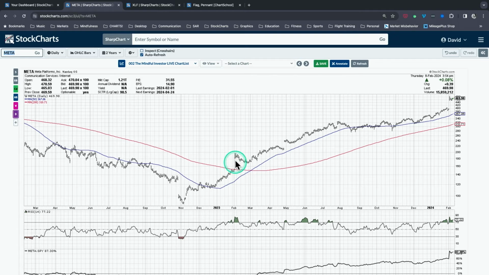I think you're referring to this point right here. We had the gap higher in February, so it's the same reporting month as we saw here. We gapped higher, things seemed really good, but then we drew down. Now this little move doesn't look like much, but remember, this has been a big gainer over the last 12